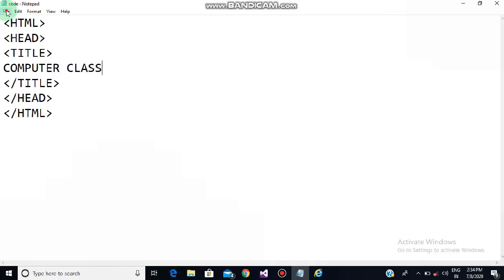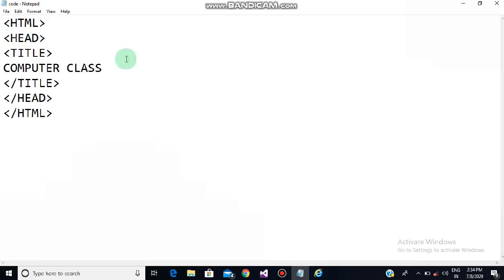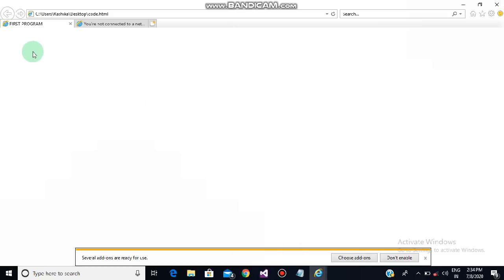and now again I have to go to the file option. Now children, you can go to the save option because first you have saved it already. So for few changes you can just go to the save option. Now come to the Explorer file and just reload the page. Okay, so to reload, just go to this, refresh F5, and you can see the title is now changed. It is now computer class. Why is it computer class? Because I have changed it there.